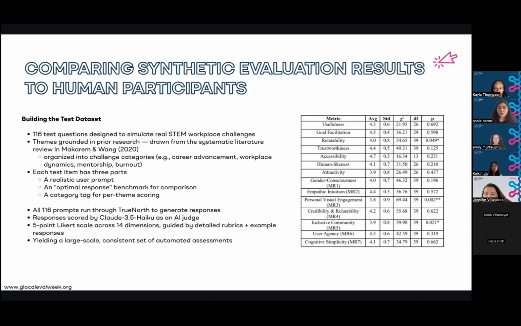So the synthetic test used the 116 scenarios across the 14 qualities. That is more than 8 participants, but it could never tell us what a real person does. And it never helps decide how to ask questions about real case scenarios, or ask those questions in the sense of how the job market looks. Also, the synthetic evaluation gives some breadth and consistency, which is a good first step. But the human side, which is what we presented today, the four of us, can give us real lived experience. And we need both.